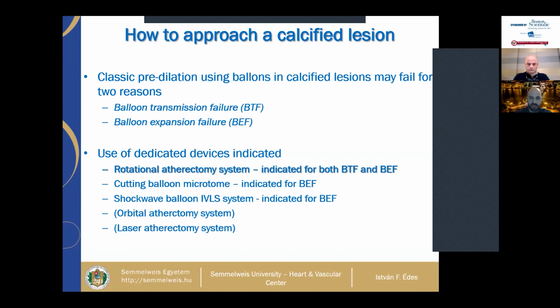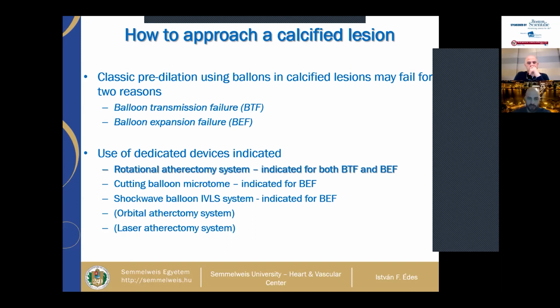We've heard lots and lots of the orbital atherectomy. I'm a bit envious because I have not had the chance to try the orbital atherectomy as of now because it does not have the CE mark yet, meaning it can not be distributed in my country, but I look forward to using it as fast as possible. I have hopes that it will be available this year and I will be able to use it for the